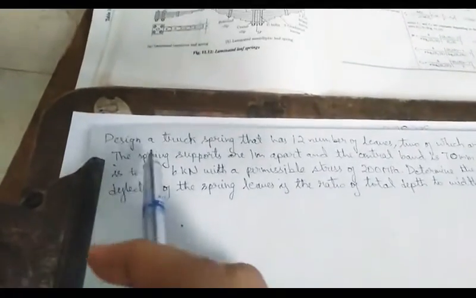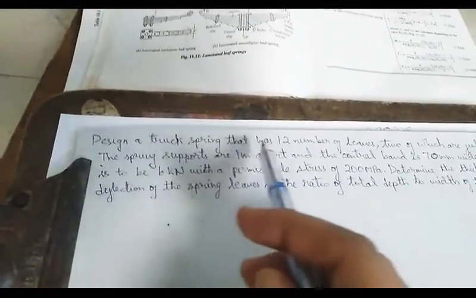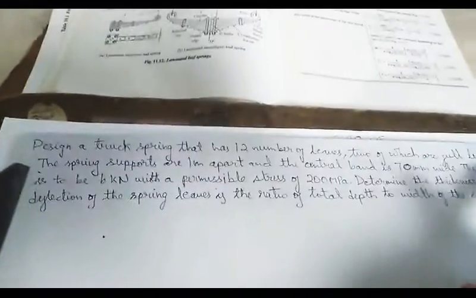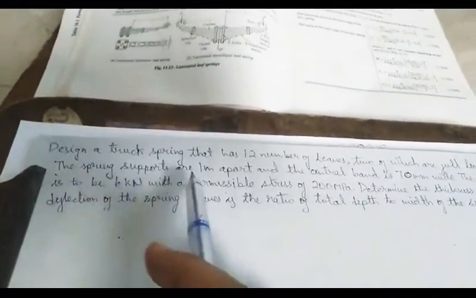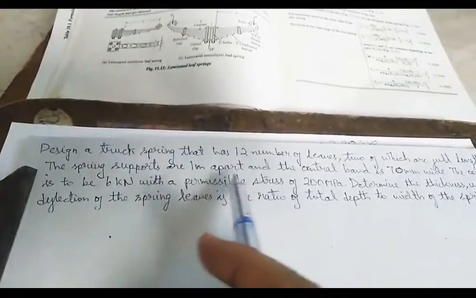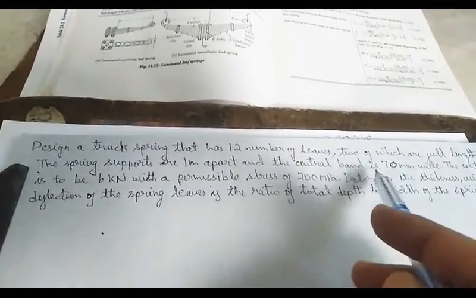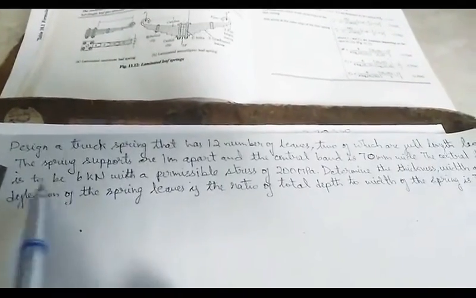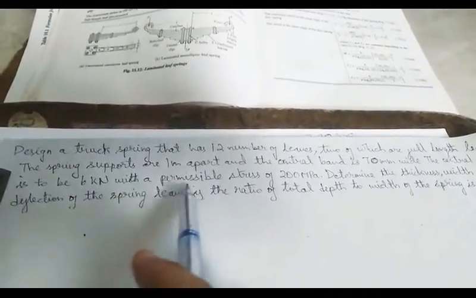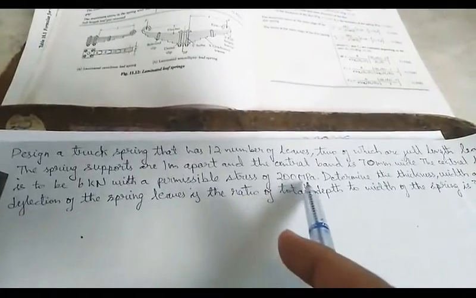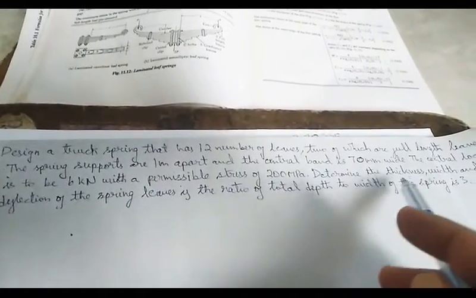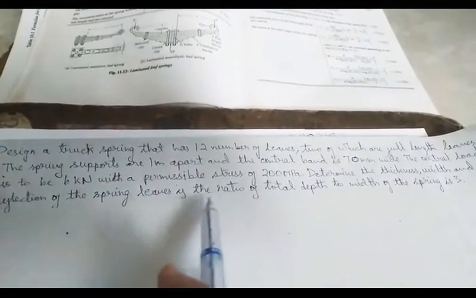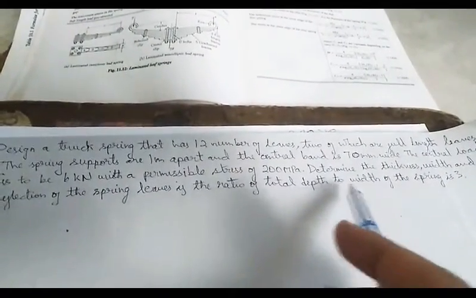We shall see the next problem. Design a truck spring that has 12 leaves, two of which are full length leaves. The spring supports are 1 meter apart and the central band is 70 mm wide. The central load is to be 6 kilonewton with a permissible stress of 200 MPa. Determine the thickness, width and deflection of the spring leaves if the ratio of total depth to width of the